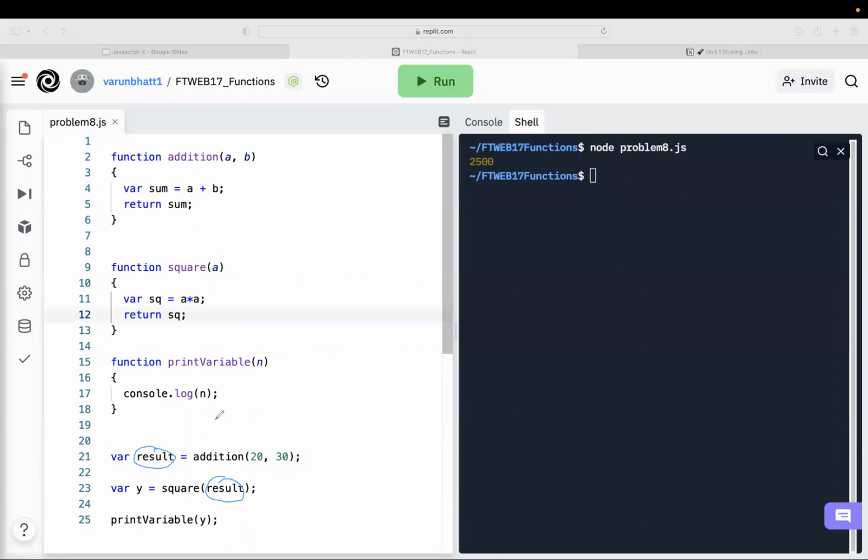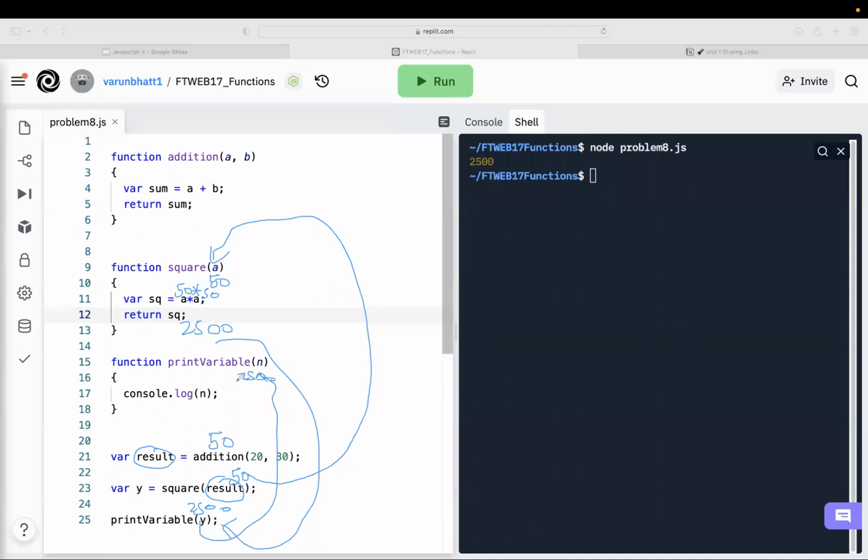तो रिजल्ट में जब 50 आ गई, ठीक है, तो यहाँ पे रिजल्ट 50 तो जाएगा और ये 50 कहाँ जाएगा, यहाँ जाएगा। 50 यहाँ गया तो 50 इंटू 50 कितना हुआ? ओके ओके सर ठीक है। फिर यहाँ पे 2500 आया, फिर बेसिकली y पे 2500, तो y से हमने इसको कॉल करा, फिर 2500 इसने प्रिंट कर दिया। गेटिंग इट? ओके,